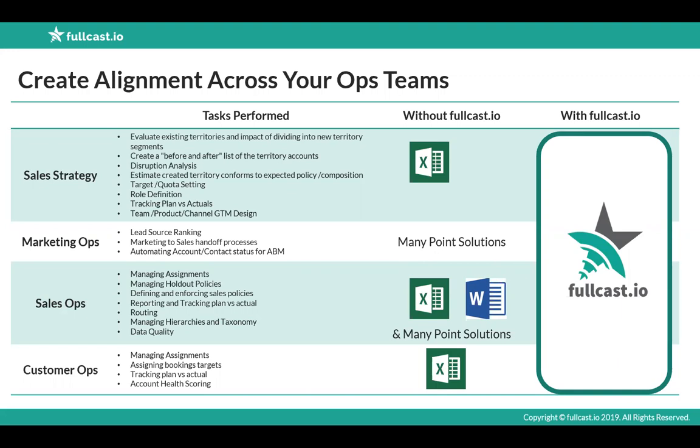Channel works the same way. We also did analysis; there was some charting functionality in the system to look at before and after, so disruption analysis. If I'm moving accounts, I want to understand the impact of those moves. We do that. Then we spent a whole lot of time on the ops function, which is in the motion tab. So how are we managing assignments? How are we enforcing policies consistently?